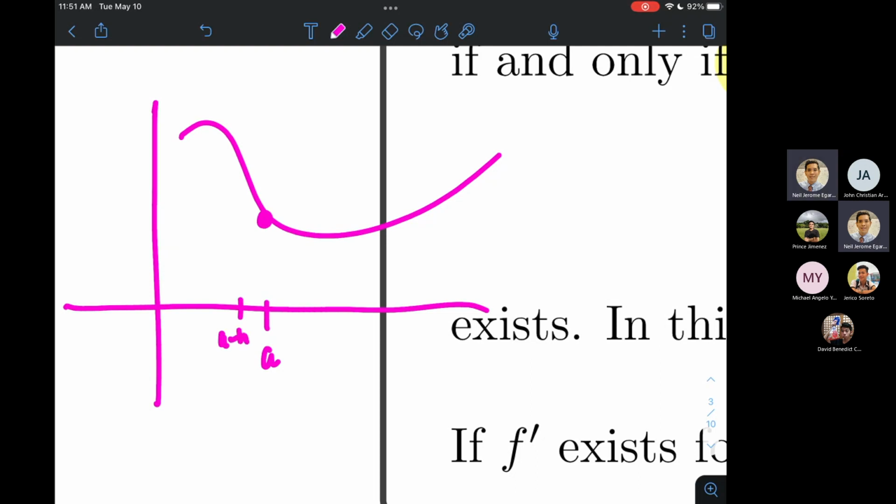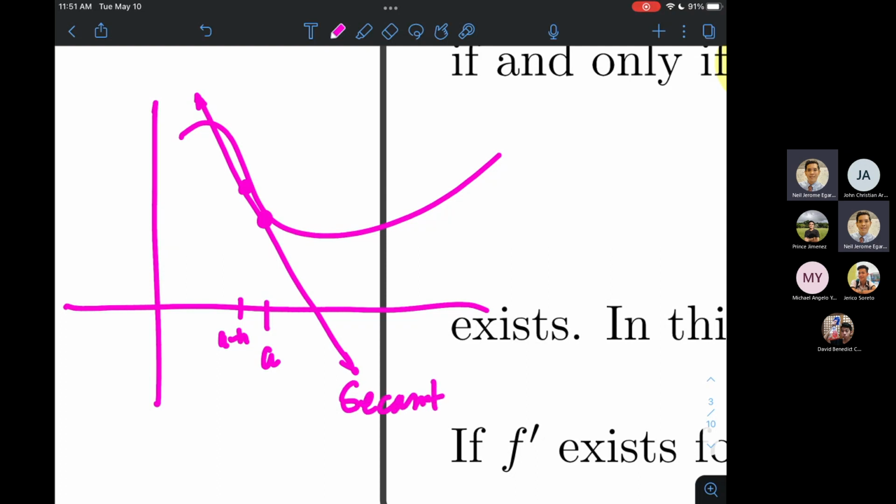So naging a minus h ako. So the relative change between the function value at a and the function value at a minus h is basically the slope of the line joining these two guys. Right? So yung slope ng line na to, ito yung tinatawag natin na secant line kasi magpa-pass through siya sa